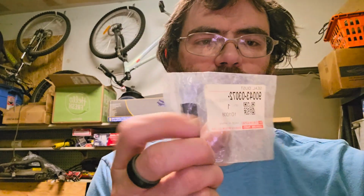Another day of working on the Mira. Finally got the last seal in off of eBay. It's an oil seal to go up on it. Once the seal goes in, the timing cover will go on, along with all the belts and everything, and we'll be pretty much at the point where